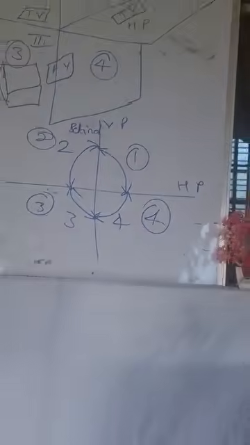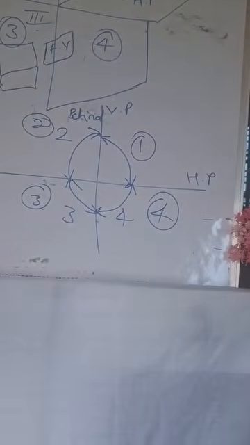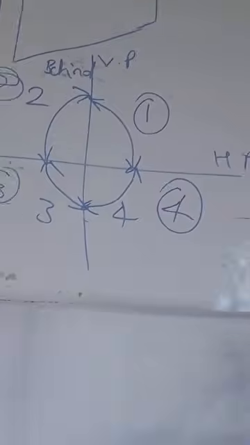See, this is the coordinate system: first quadrant, second quadrant, third quadrant. This is the line representation. And next, this